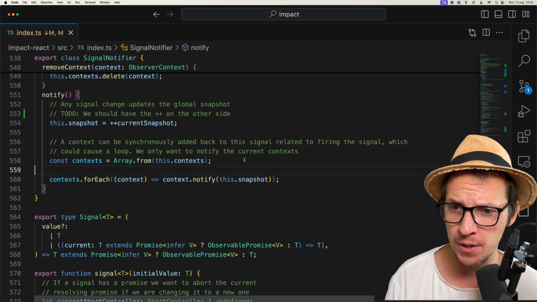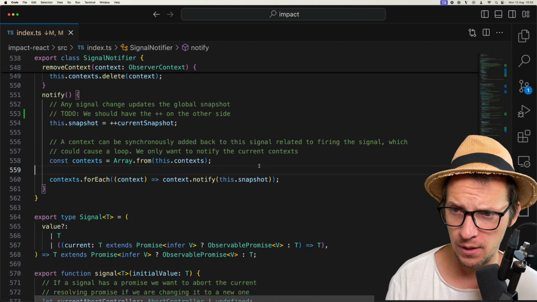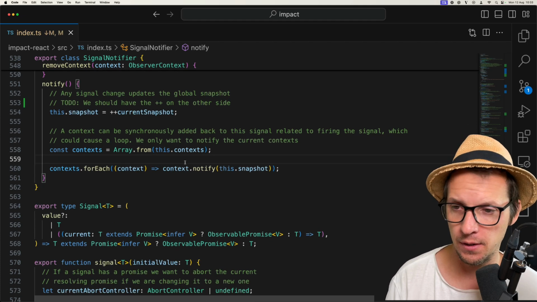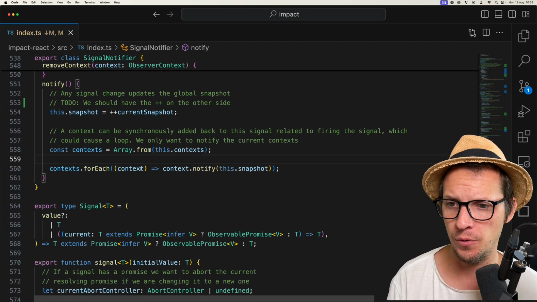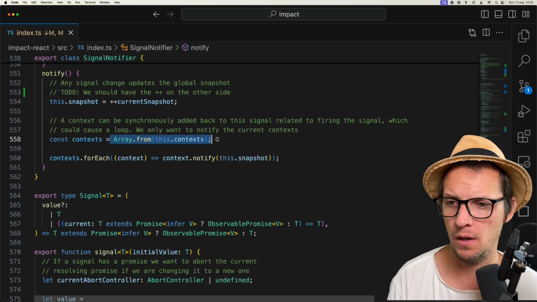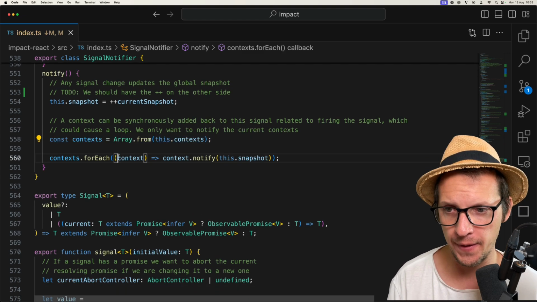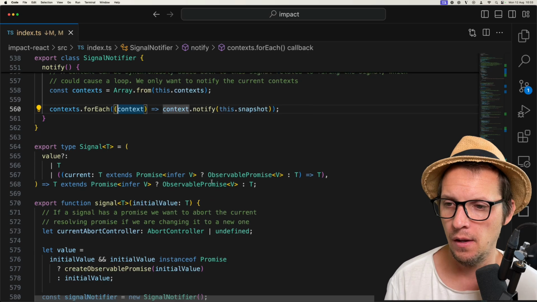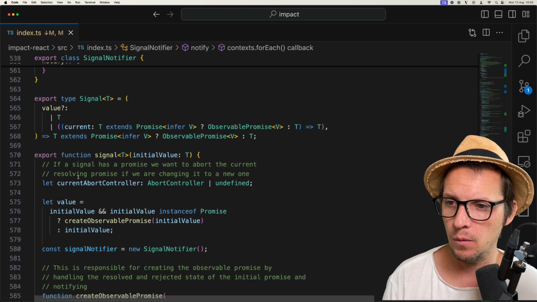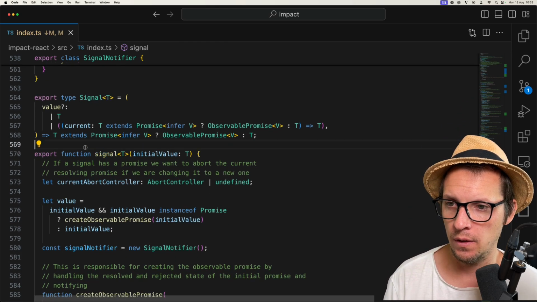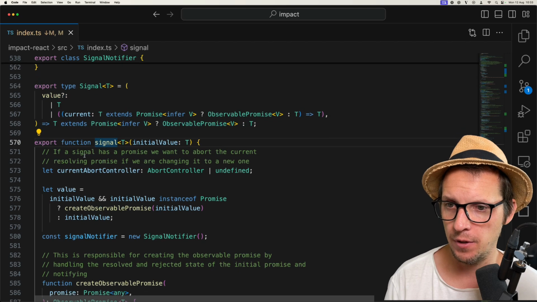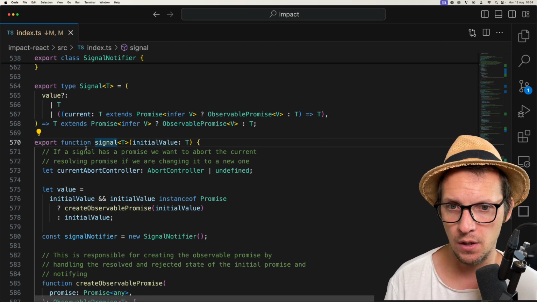And a context can be synchronously added back to this signal relative to firing. So we have the same thing. So to avoid creating a loop, we're going to extract the current context and then notify them. Cool. And then we have the actual signal here, the typing for it, which you can see handles the observable